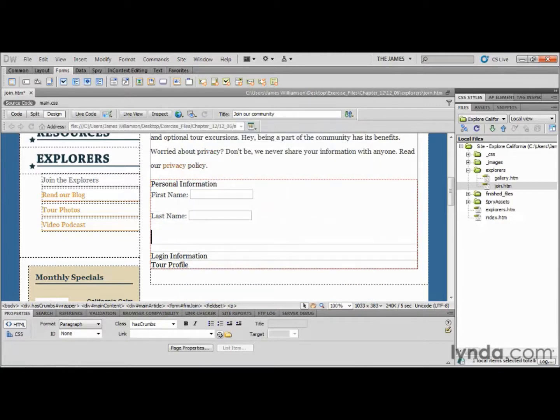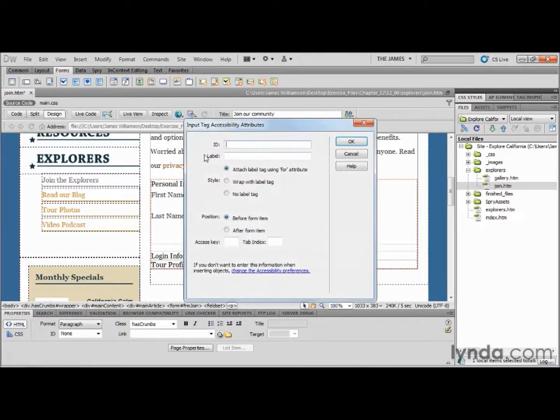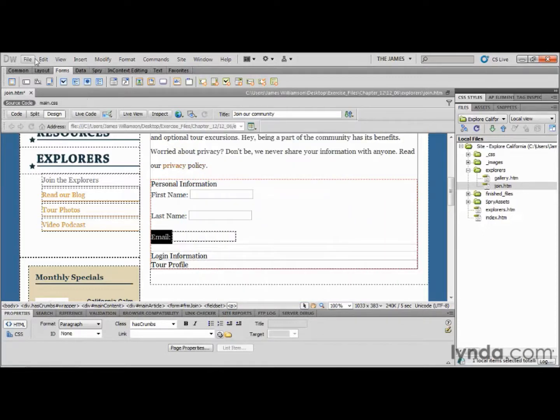Let's do one more. So I'm going to go up, hit return to create a brand new paragraph, and insert another text field on the page. This one's ID is going to be email, and the label for this one will also be email, but this time with a capital E and a colon. I'm going to leave everything else the way it is, but give it a tab index of 30. Okay, now I'm going to save the file, and I want to turn your attention just for a moment to